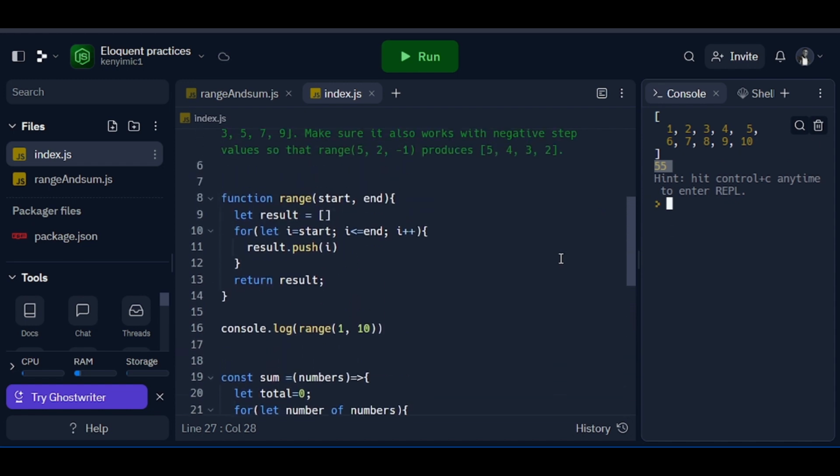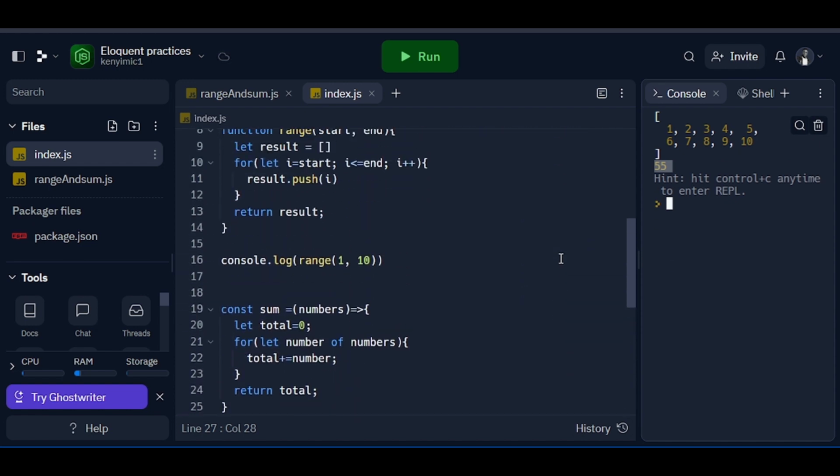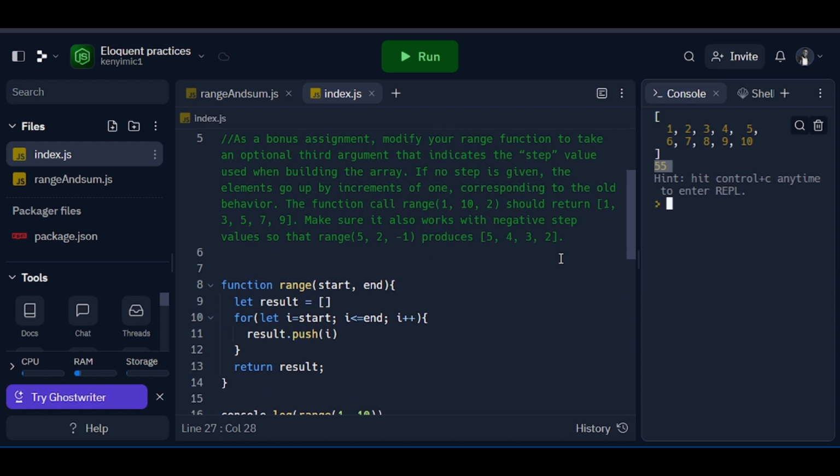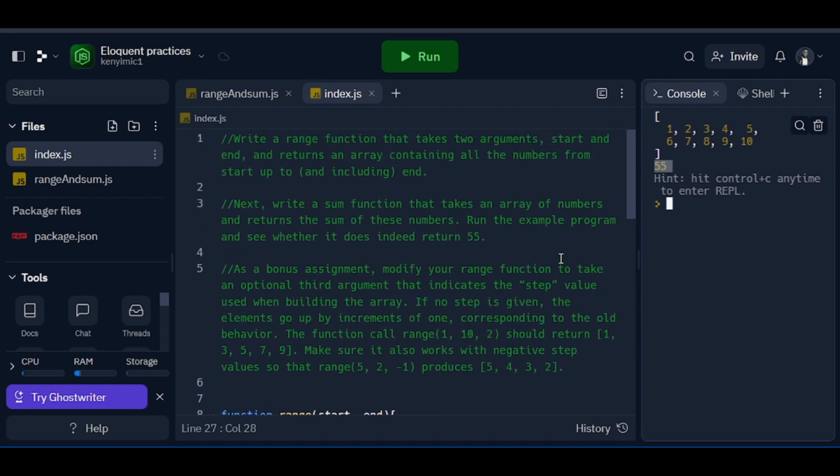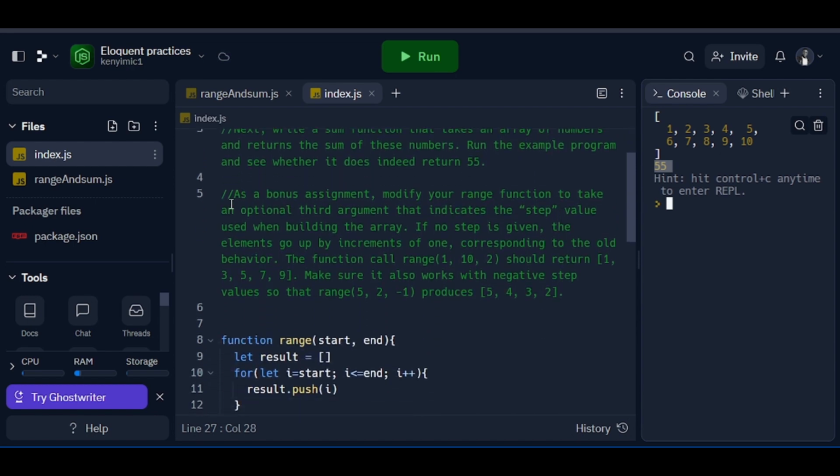And I'm quite sure you are actually understanding exactly what we are doing, because it is so important to keep track of everything that we are doing, because everything we are doing now is crucial for our end part, which is the bonus challenge, or let me say the last stage of our challenge. So now our bonus challenge here, something that they are requiring us to do as additional, is that we need to modify the range function to take an optional third argument that indicates the step value used when building the array. And if no step is given, the